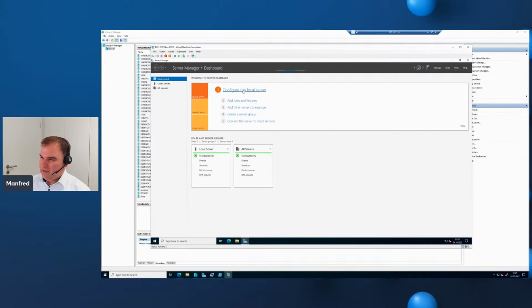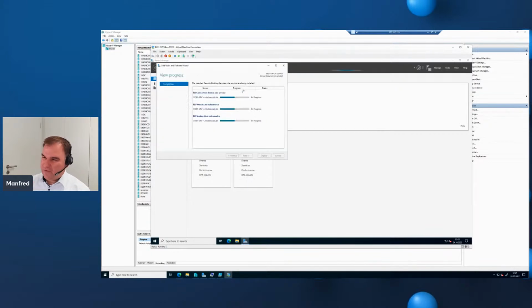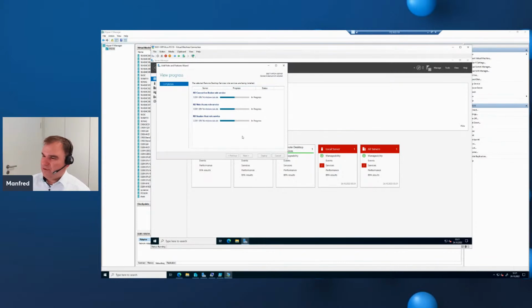And then let's check what the configuration did. Now it's completing the configuration here on the machines. We needed the restart for the session host. Now the role service implementation is still in progress.